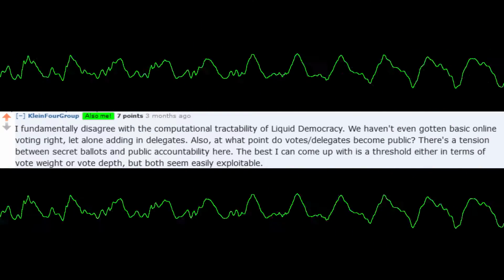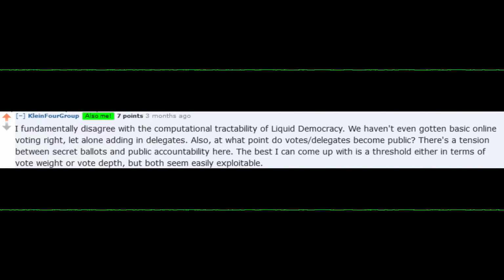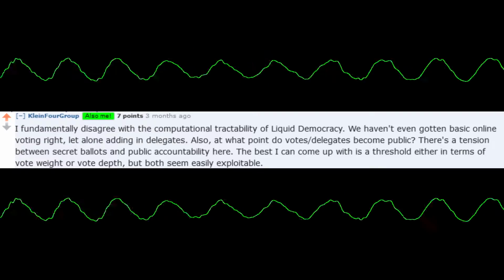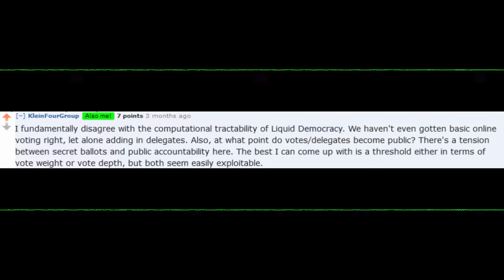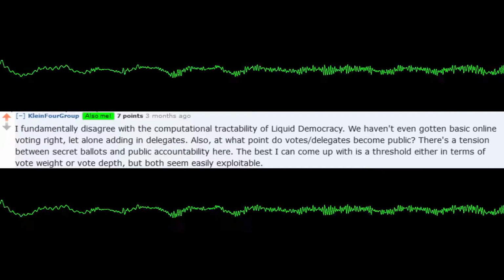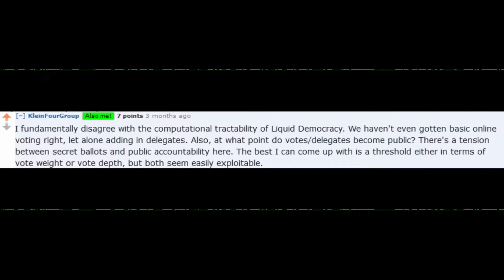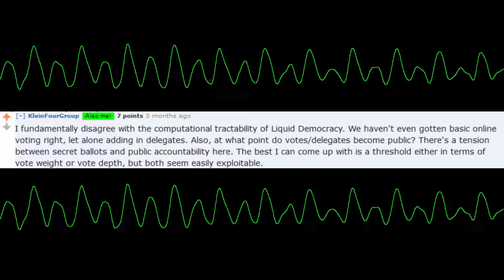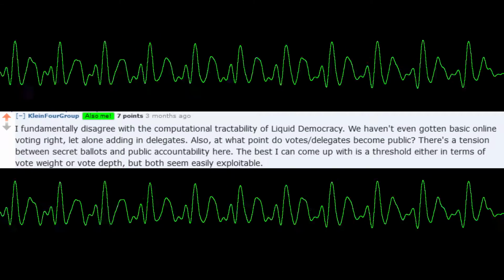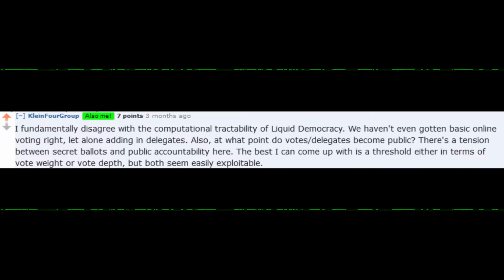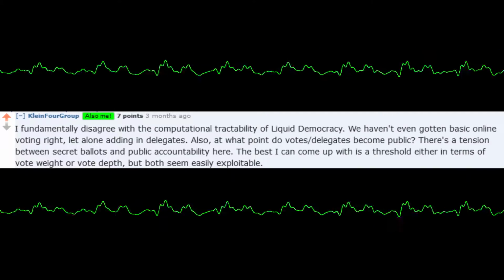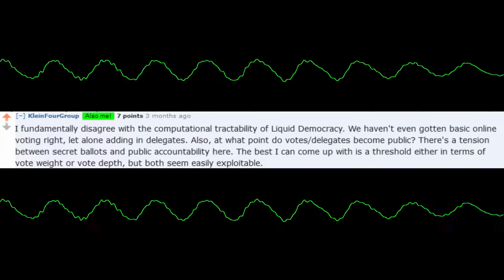But of course, anyone can be a proxy, and more importantly, anyone can be made a proxy. As such, there isn't really a secret ballot anymore. These are all difficult problems to deal with, and let's be honest, we don't really have a good solution to